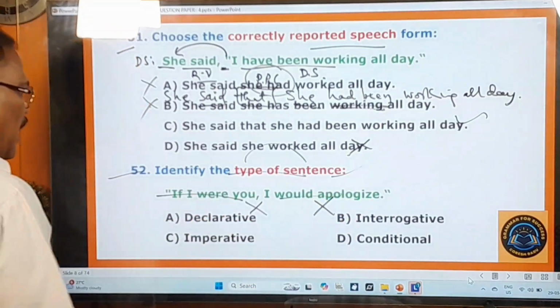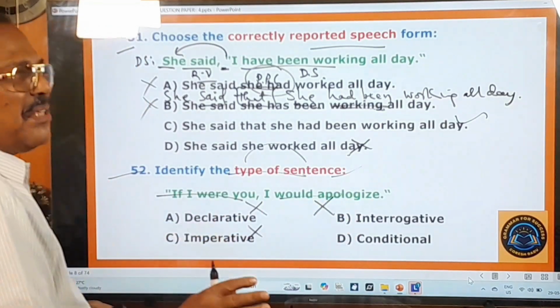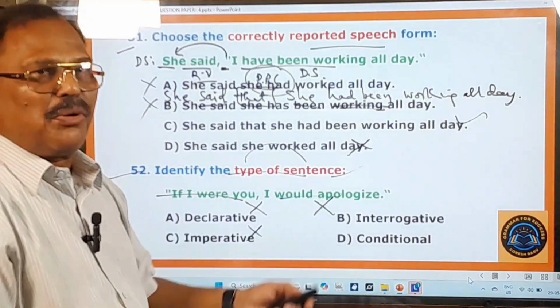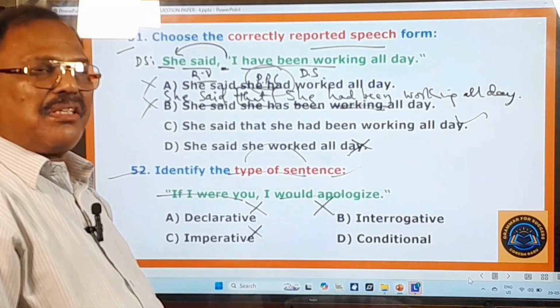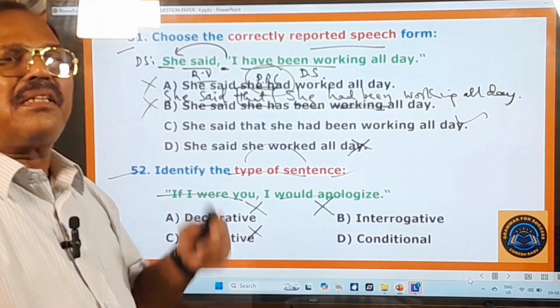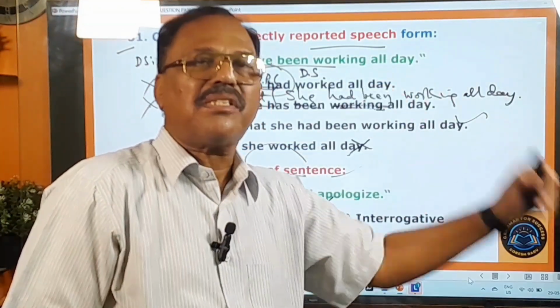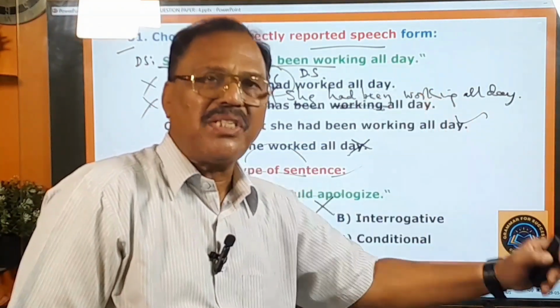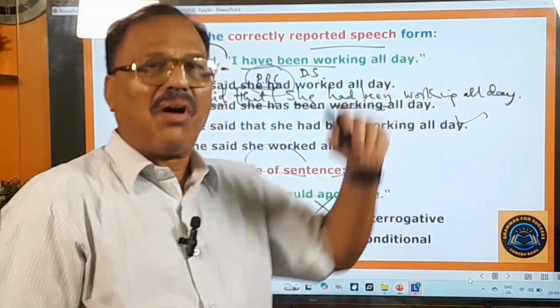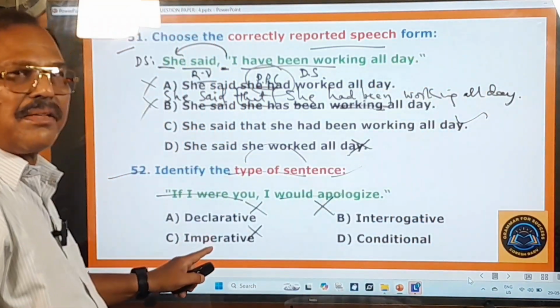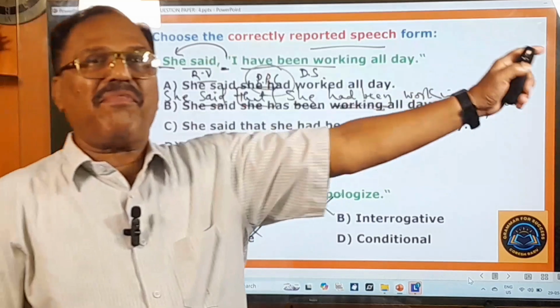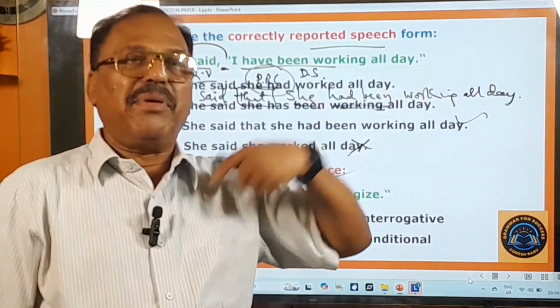It is not that imperative sentence. About the imperative sentence, I have repeatedly told you in the other videos. What are the imperative sentences? The sentences that contain orders, commands, requests, warnings, suggestions, petitions, prayers, etc. are called imperative sentences. And they begin with a base form verb, they begin with let, they begin with don't,